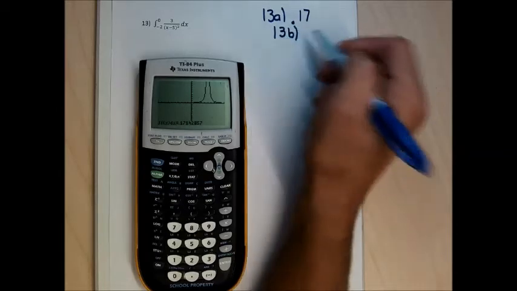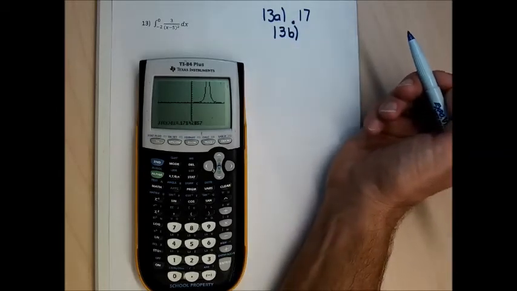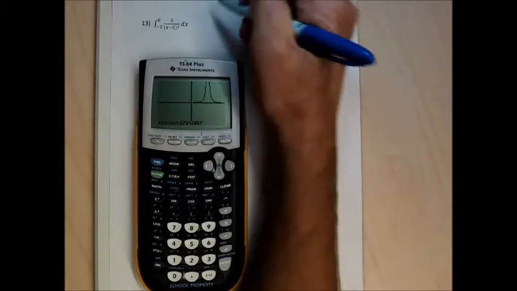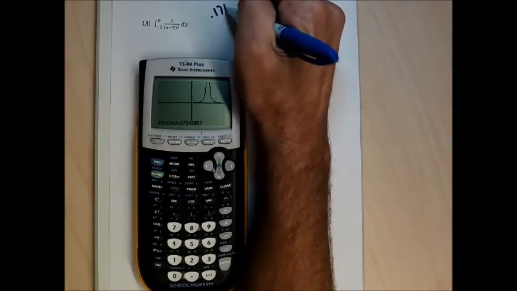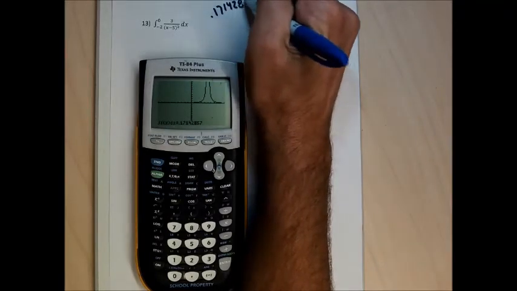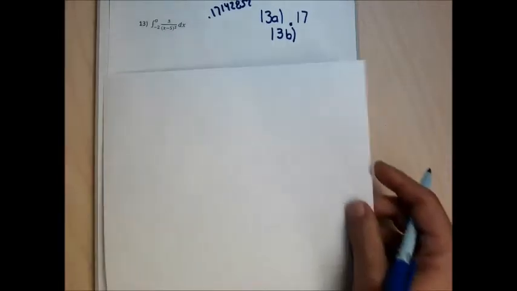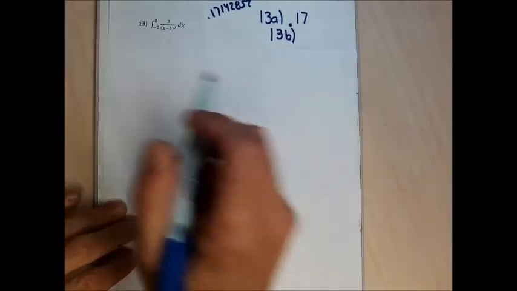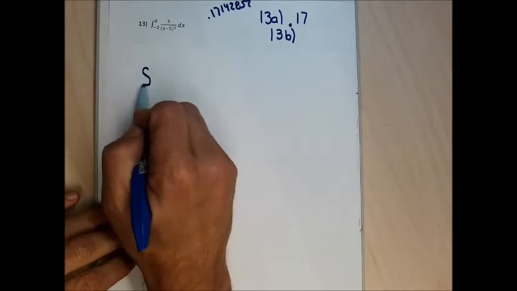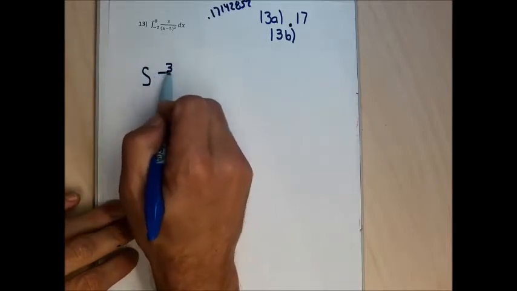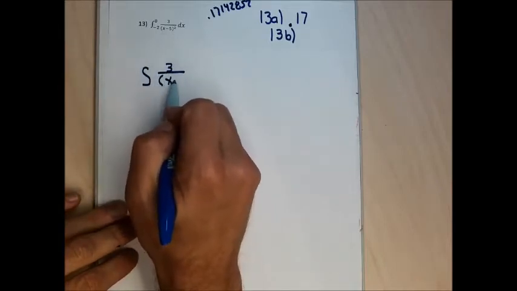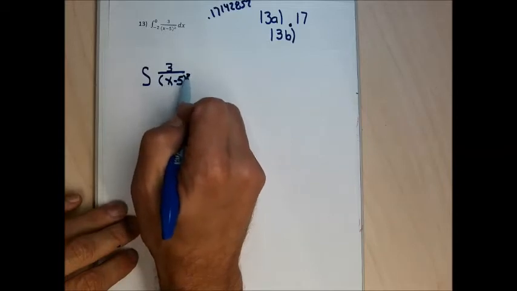13b, my answer is going to be a fraction, and the decimal equivalent of that fraction is actually going to be 0.1714285. I'll write all that down so I can check myself. I don't think I have enough work here to do this integral, so let me do this integral. In fact, I'm just going to do the integral of this function, and I'm not going to worry about the numbers